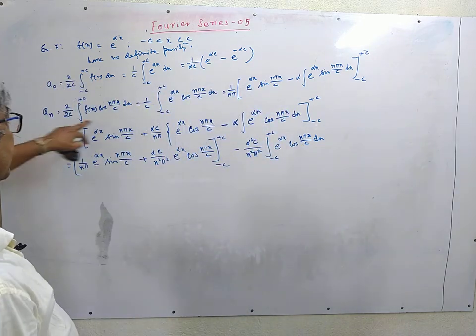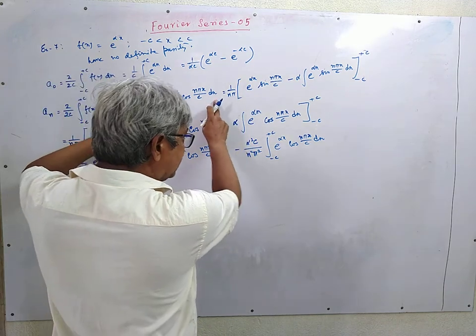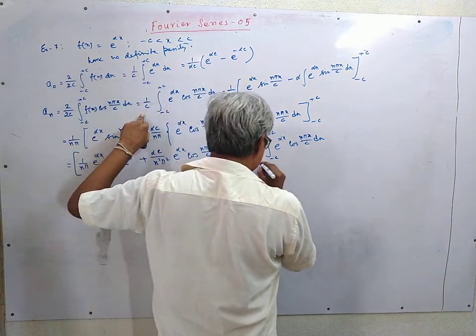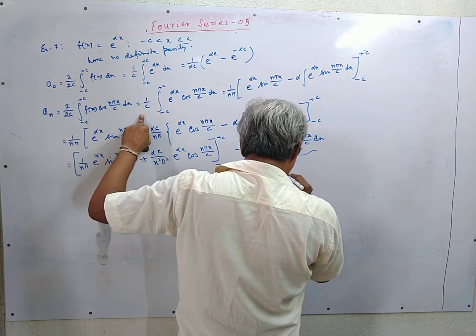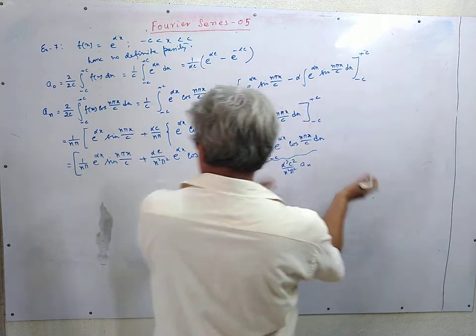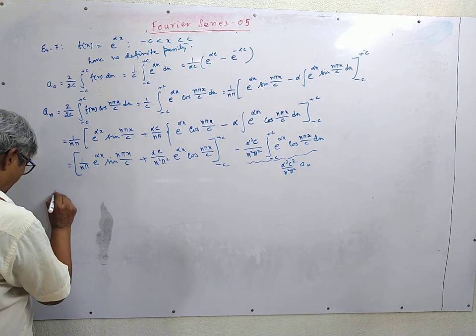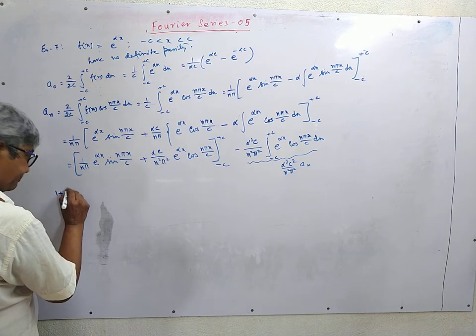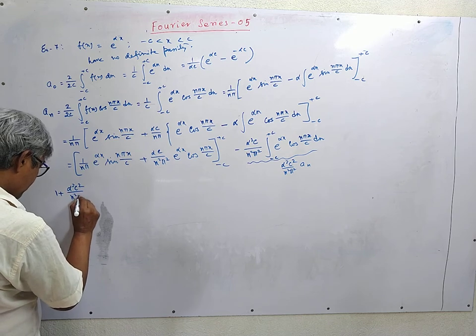If we look at the definition of an, there was 1 by c, so this part can be written as alpha square c square by n square pi square an. So we take it on the other side, so we'll have 1 plus alpha square c square by n square pi square